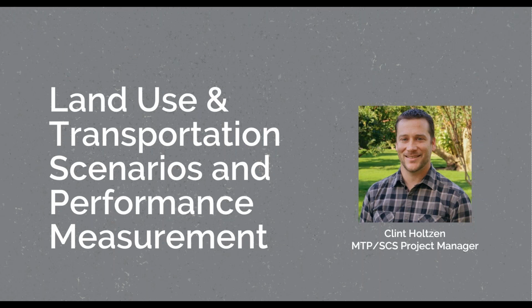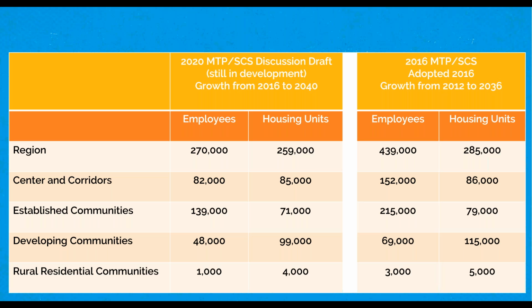But kind of the summary level information, what's important on this slide to note is overall in this plan, despite going out an additional 4 years, we're dealing with less growth than in the current plan. And so what you're seeing on this slide is a comparison of the employment and the housing growth in the current plan compared to what we have in the discussion draft, and then segregated by different community types. And across all community types, we have less growth